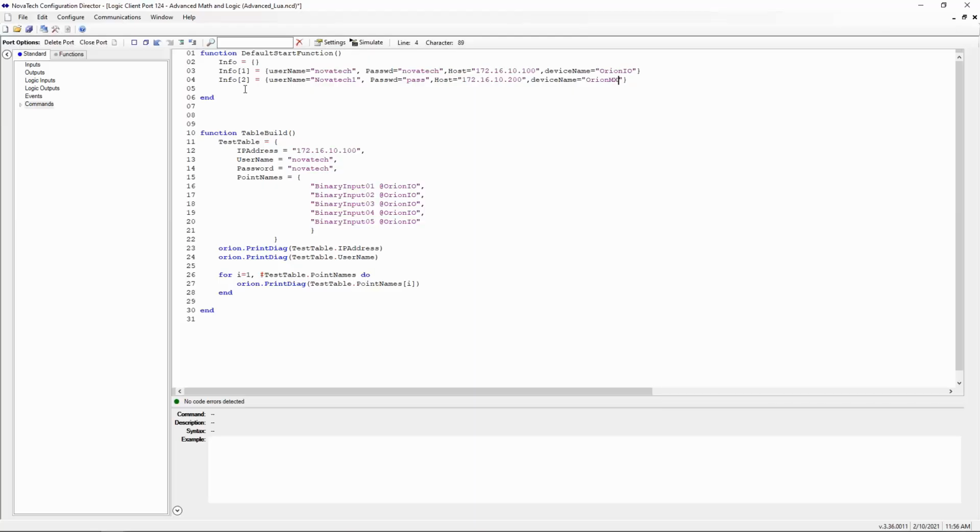So basically I've created a table called info, and inside of that table I have put a table at each of these two indexes. And now I know what my variables that I'm going to be using down here are: username, password, host, device name. Right? So now what I need to do is go ahead and build a new table